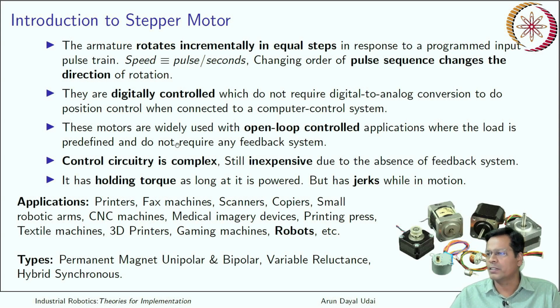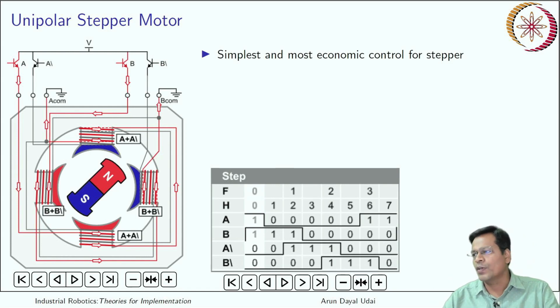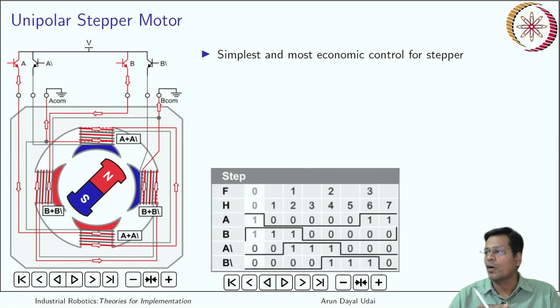Variable reluctance stepper motor is there. Hybrid synchronous stepper motor is there. They are commonly used in the industry. We'll discuss a bit of that also. So yes, unipolar stepper motor is one of the types of stepper motor. Let us discuss this. This is one of the simplest of its kind and it is the most economical type